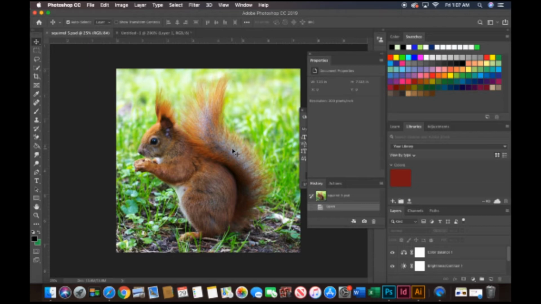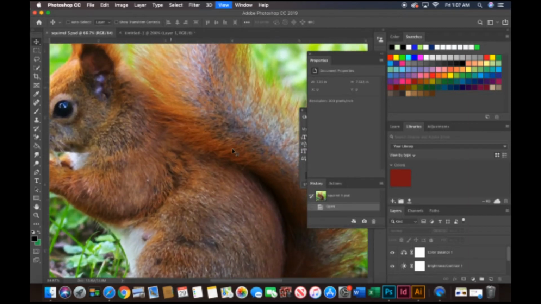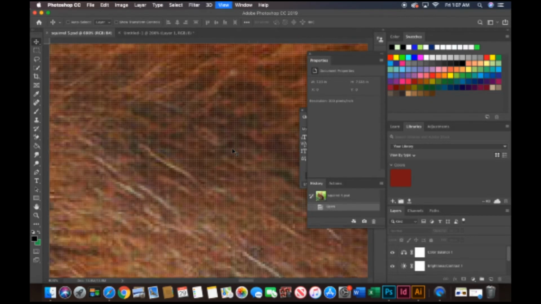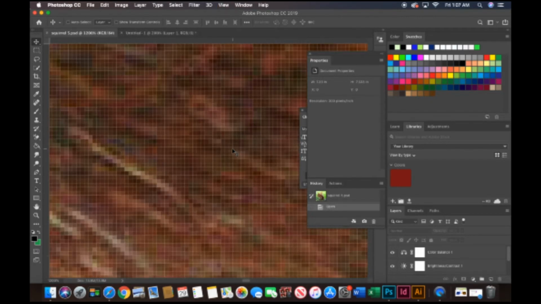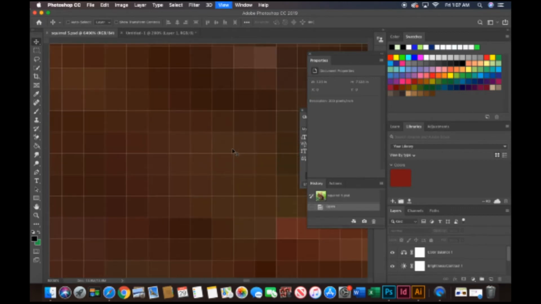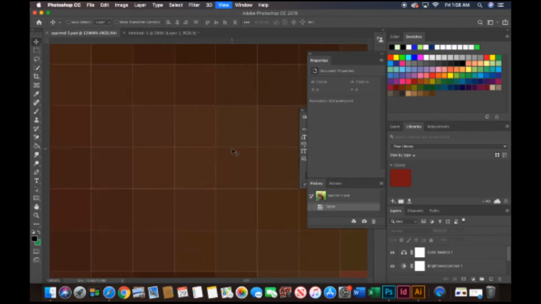So I have an image open here in Photoshop, and I will provide a link in the description down below where you can download this image if you'd like. And you'll notice that from a distance it looks like a good, high quality, sharp image. But I'm going to start zooming in here. And you'll notice that as we go into this photo, the pixels that make up this photo become more apparent,